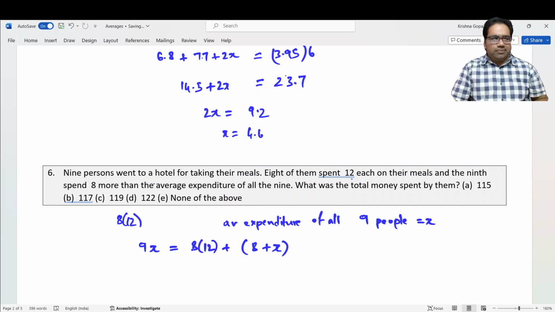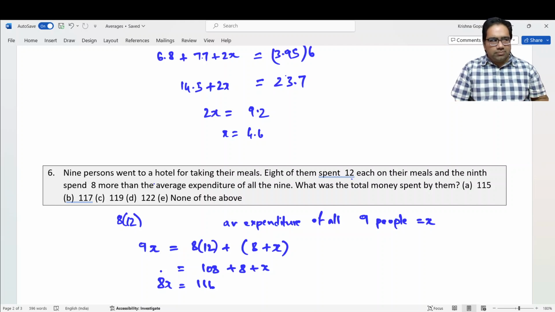And what about the remaining 8 people? The remaining 8 people spent 12 each. So 8 into 12 plus 8 plus X. X is the average of all 9. This is what the ninth person has spent, and this is what all 8 people together spent. Then all of this is equal to 9X because X is the average. Right. So simplifying this, 8 twelves is 108 plus 8 plus X. This means 8X equals 116. 116 by 8 is